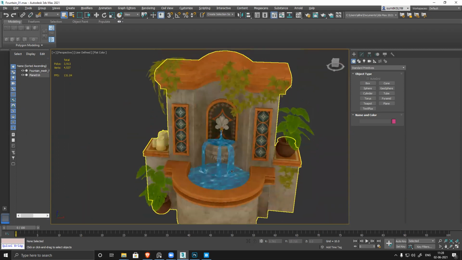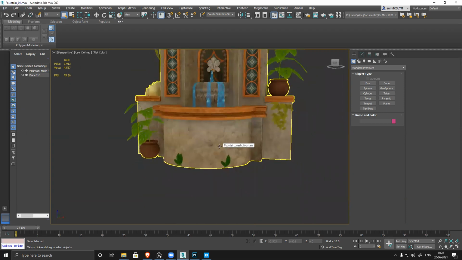So as of now, for detailing there is no limit. You can sit and make it super hyper realistic. You can do one part at a time and add all those details slowly. But there are a lot of maps to generate to make everything perfect. So how do we do that?